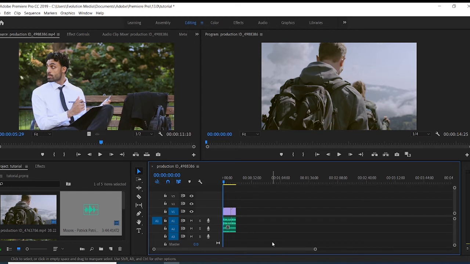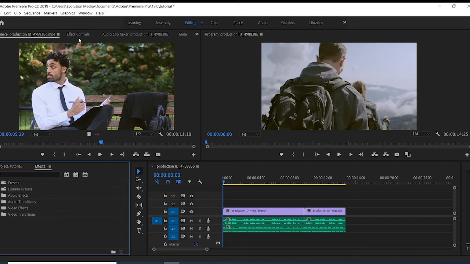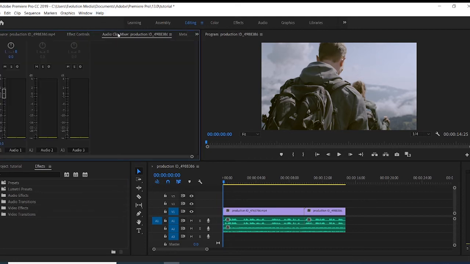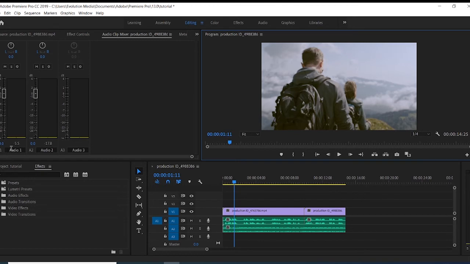So now let me zoom in on it again and apply some effects. So we come to our effect panel here, and then let's come to our effects control. This audio mixer. Let me tell you something on this audio mixer here. As I'm playing this, you see, because I have two audio, it's showing me this audio 1 and this audio 2. You might want to reduce the volume of the audio 2, so you can drag it down here, because you don't want the audio 2 to be contesting with the audio 1, because audio 1 is your message.